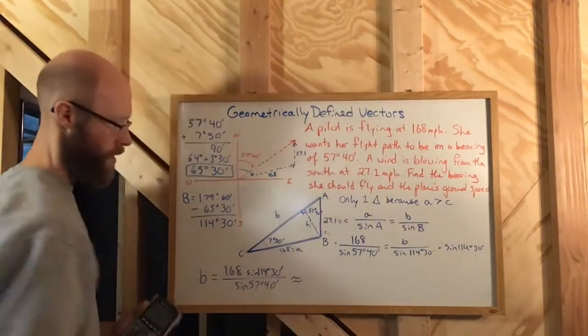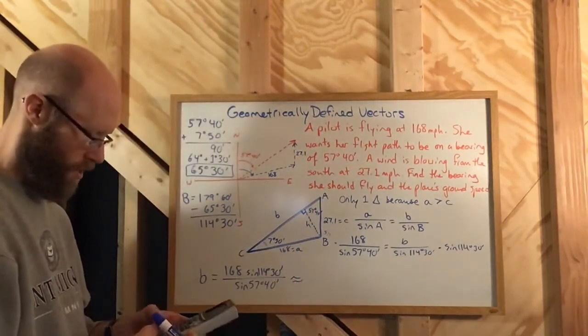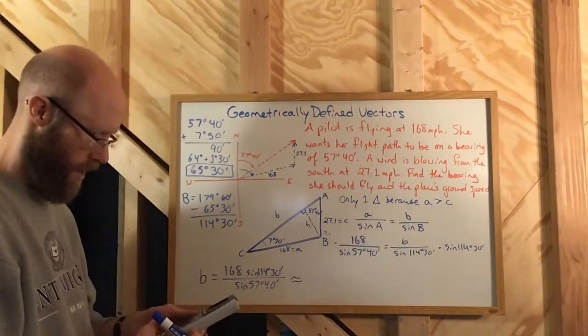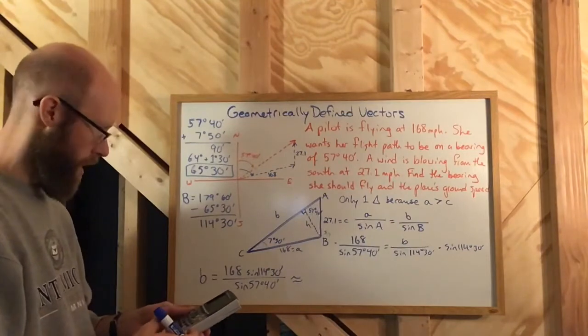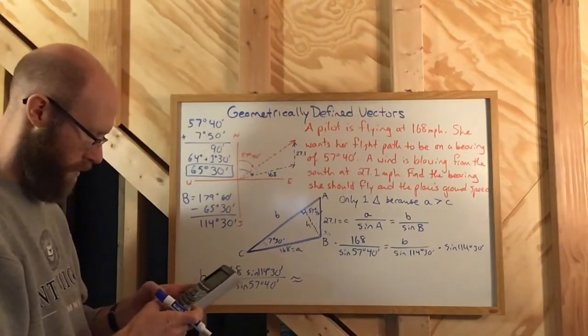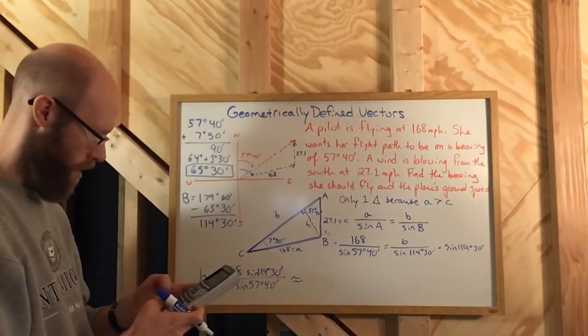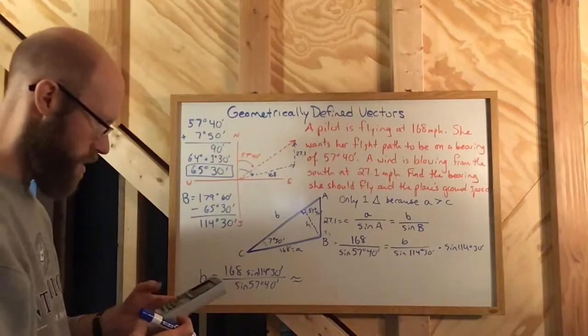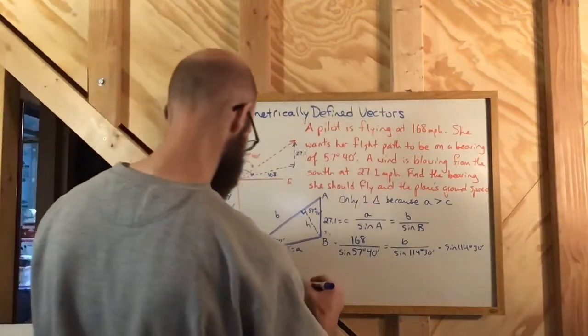Okay, and so I just type that in, 168 sine 114.5, divided by the sine of 57 plus 40 over 60 to get my minutes, and there we go. It is approximately